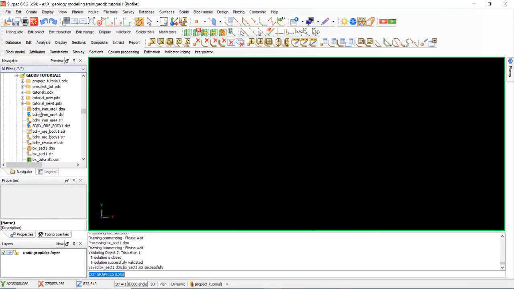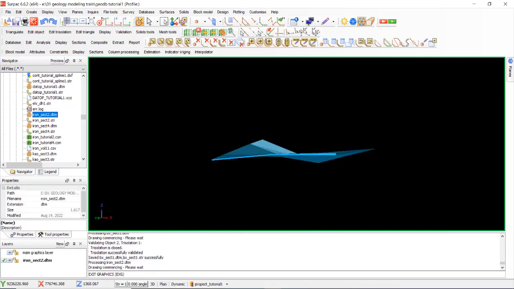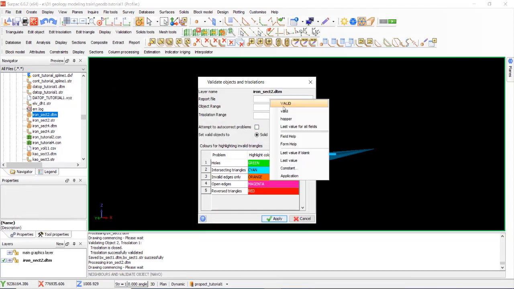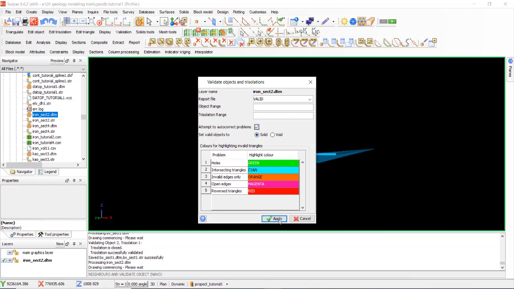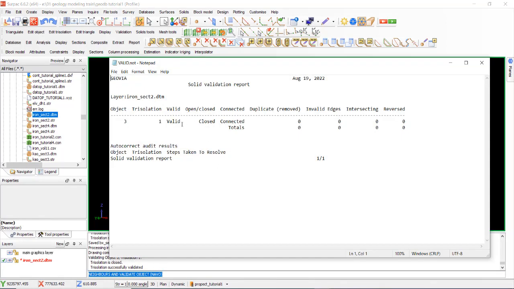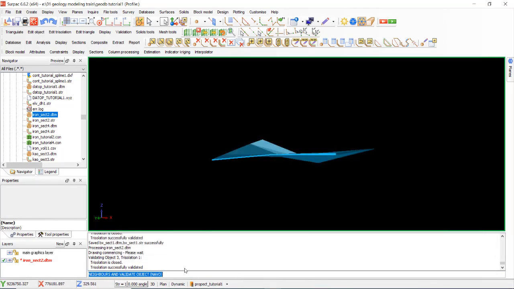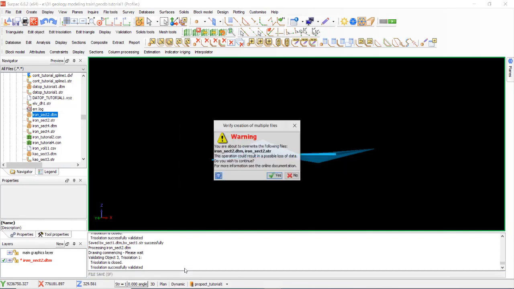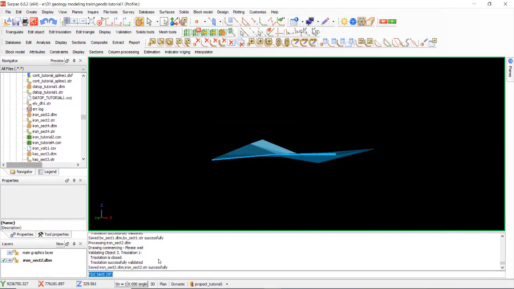Okay, reset graphic, open the other lithology solid model, iron section 2, okay, validation, select valid, okay, solid, apply, valid, okay. Use this process with the same 3 other solid models.